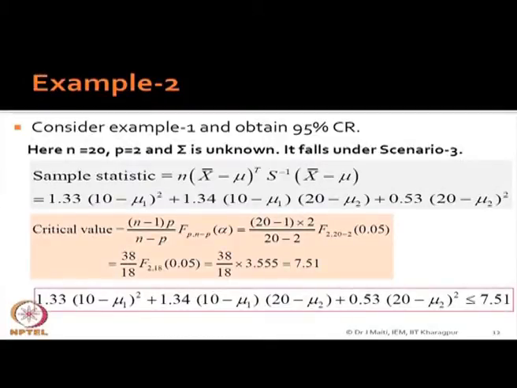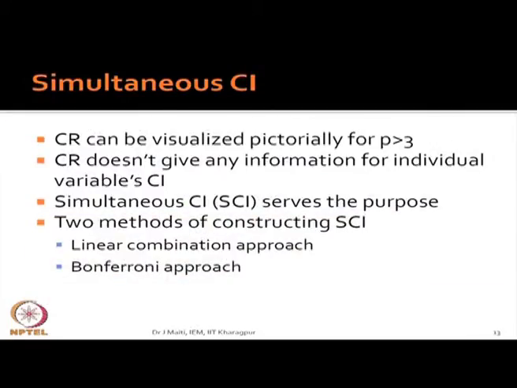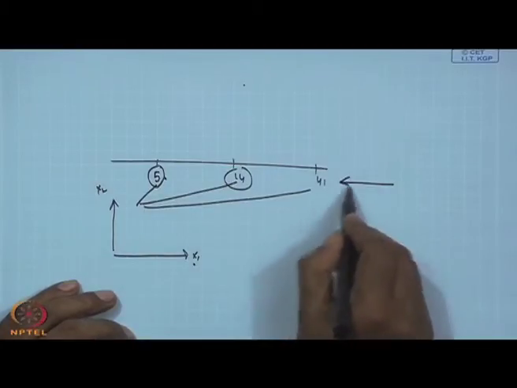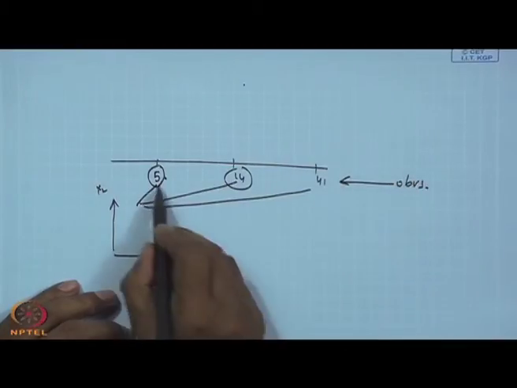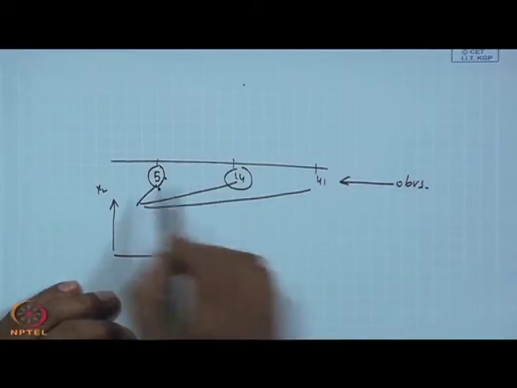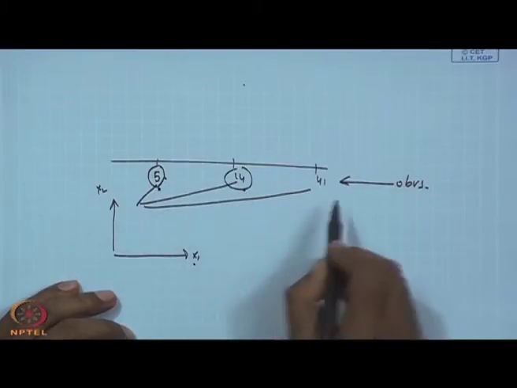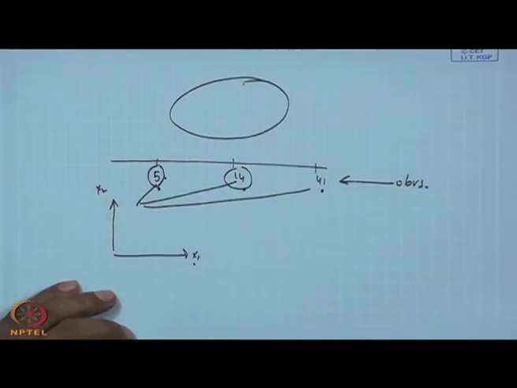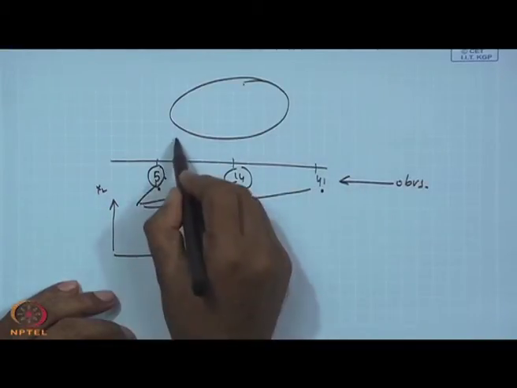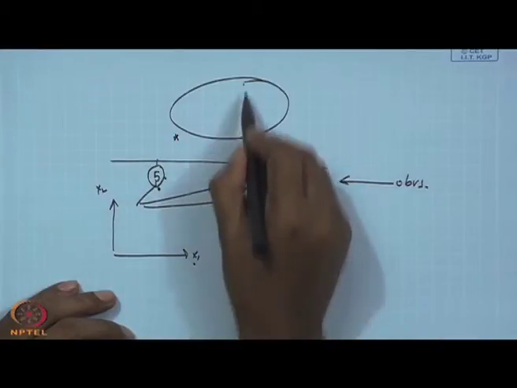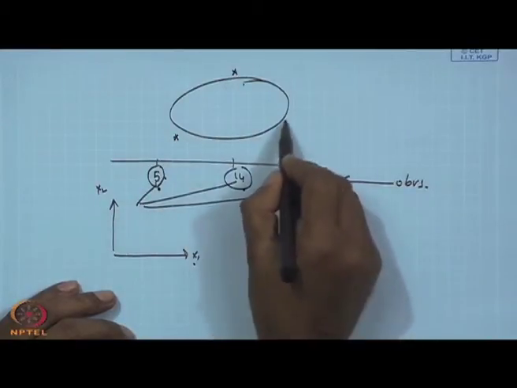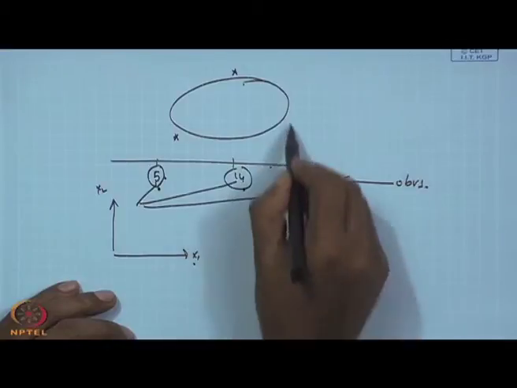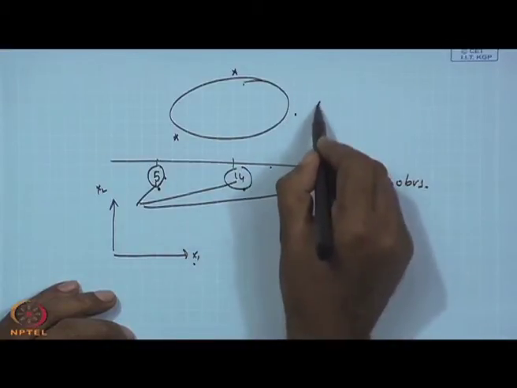I have shown 5 somewhere. Which one? You have written it now. Oh, that means you have not listened properly. I said these are observations: observation number 5, observation number 14, observation number 41. Your confidence ellipse is this, let it be, and your 5 is falling here, suppose 14 is falling here, and 41 I write somewhere here, let it be here itself, no problem.